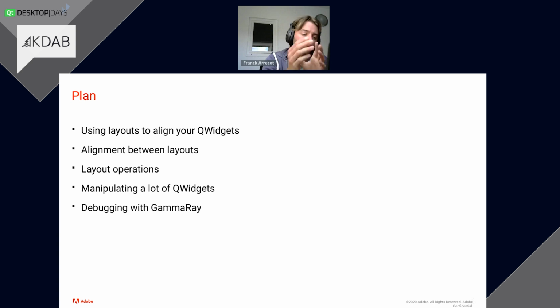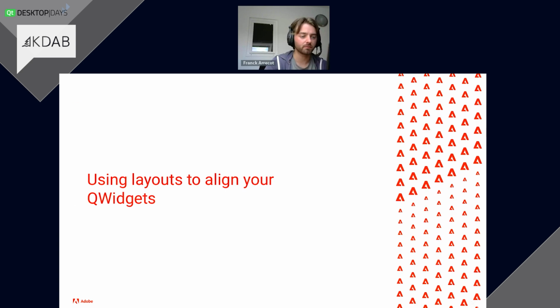Those are some tips and tricks that you can apply in order to smooth the user experience. And then we're going to transition to: when you start to show views with multiple widgets and it scales up quite a bit, how do you move away from layouts to other Qt classes to display your content nicely? And if we have time, hopefully, I'll show you a little bit of GammaRay and how you can debug and analyze layouts with its help. GammaRay is a KLab tool that we provide for free on GitHub. So that's the plan.